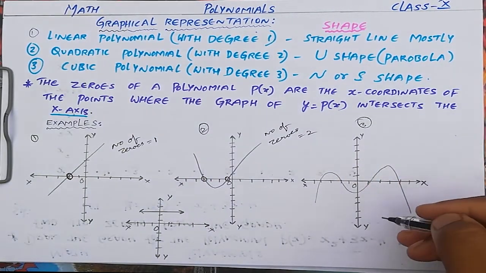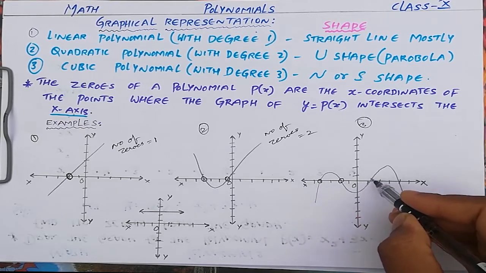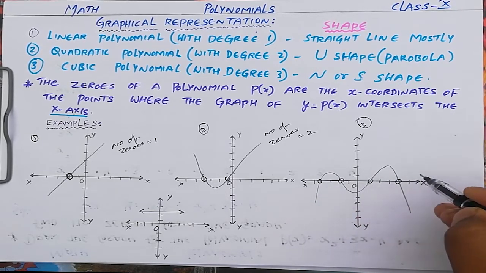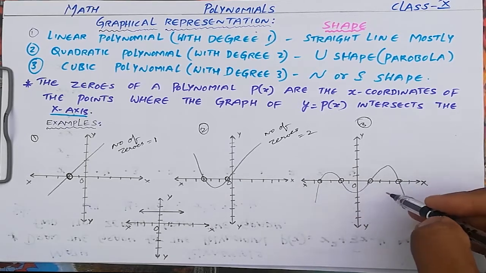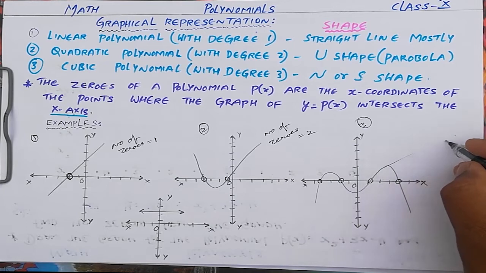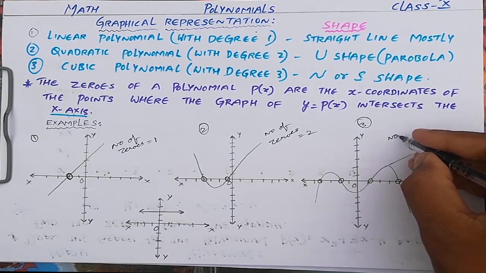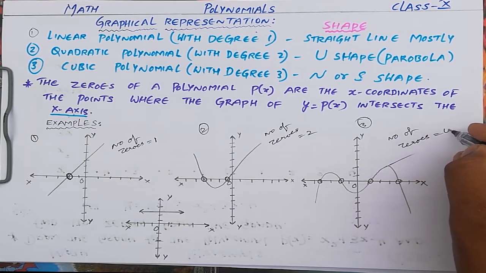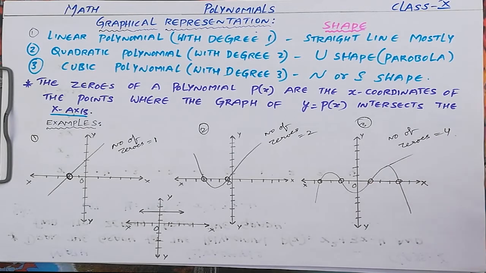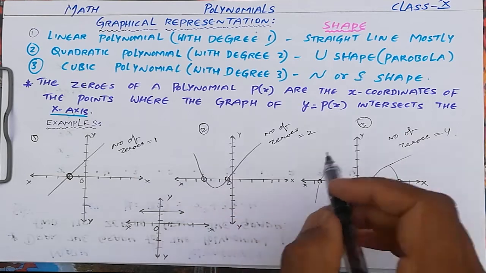See how many points it meets on the x-axis: 1, 2, 3 and 4. So here it meets at 4 points. Suppose if the graph is going like this, not coming like this, it means only 3. For this example we have number of zeros equal to 4. It may be 5, it may be 6, whatever it may be, it is a polynomial. Okay, so this is how to find the zeros from the graph.